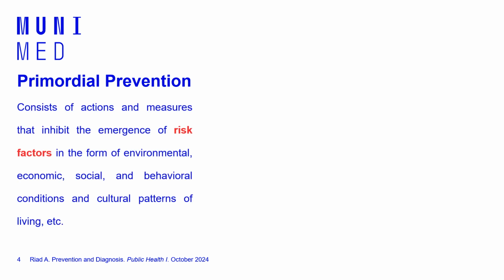Right, so let's start with primordial prevention. Primordial prevention, as we said earlier, focuses on the risk factors that can lead to illness, and all the interventions that we can apply as primordial prevention are policy oriented. So think about road safety. If you changed the laws and made more strict regulations regarding road safety to increase the safety of roads, then you indirectly affect the rate of accidents and injuries.